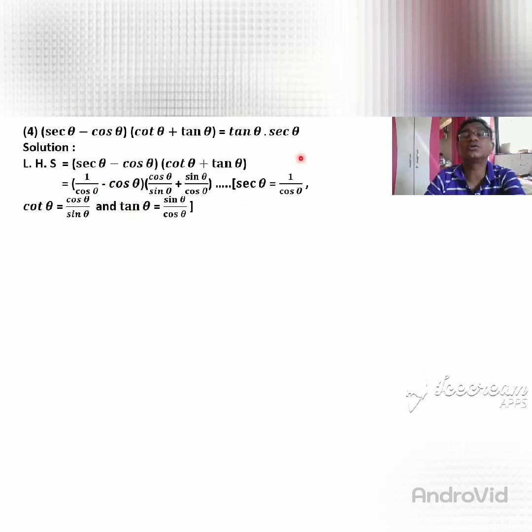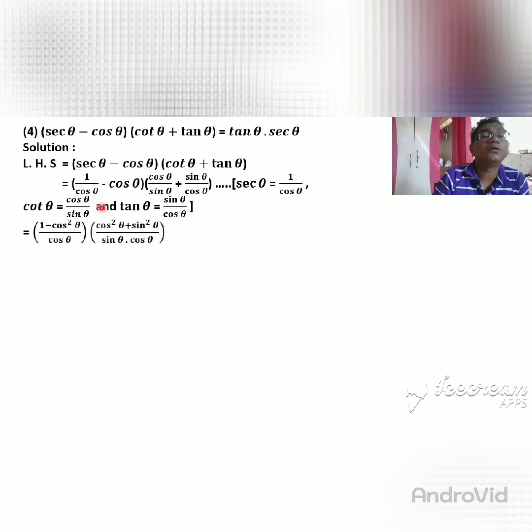So here what can you get? 1 upon cos theta is equal to sec theta. So here we write that sec theta is equal to 1 upon cos theta. So see here 1, this is the cos theta, there is no denominator, so 1 is the denominator. So 1 remains as it is. Which number multiplied by 1 gives cos theta? Cos theta. So cos theta into cos theta, cos square theta. So here you write 1 minus cos square theta divided by cos theta.